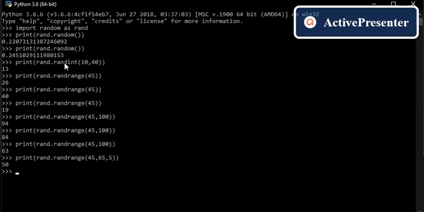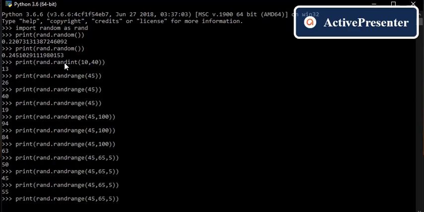I mean not exactly multiples of 5. You can take the example as 45, and then you will get 45, 50, 60, 65. Actually here 65 will not be included, because it is the upper limit. Wait a minute, I'll check that also. So 45 I'm getting and 50 I'm getting. Lower limit is included, right? Then 55 also included, then 50 also included.